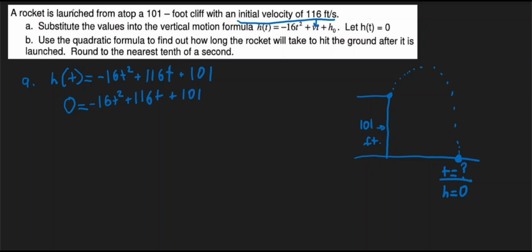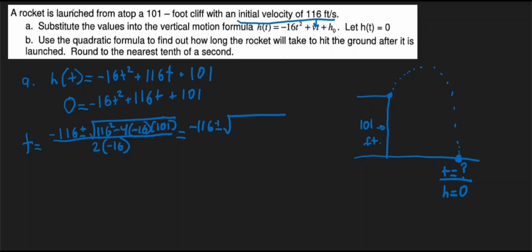All right, and we cannot divide everything by a common factor for this, so we have to resort to using our quadratic formula. So t is equal to negative b, which is negative 116, plus or minus the square root of b squared, so 116 squared, minus 4 times a times c, the entire quantity divided by twice the value of a, which a is a negative 16. All right, so let's keep on simplifying this until we end up with some value. We have a negative 116 plus or minus the square root of, now 116 squared, that would be, let's check, that's going to be a